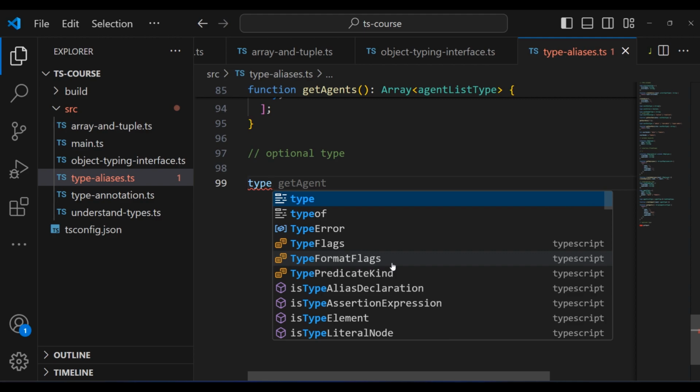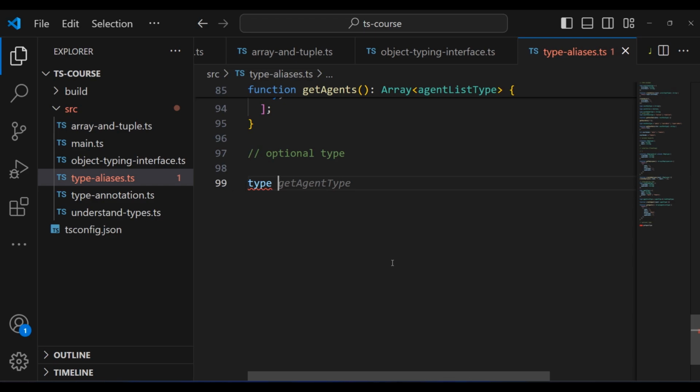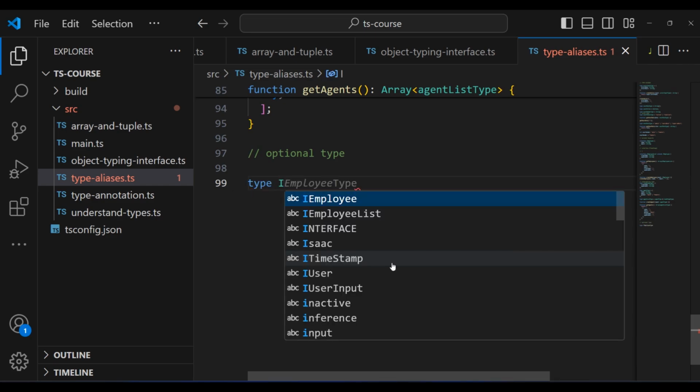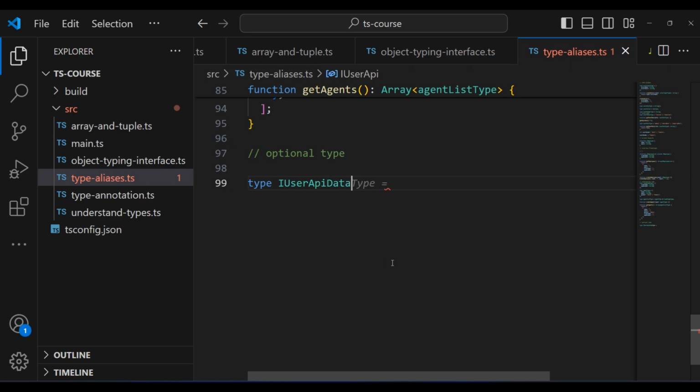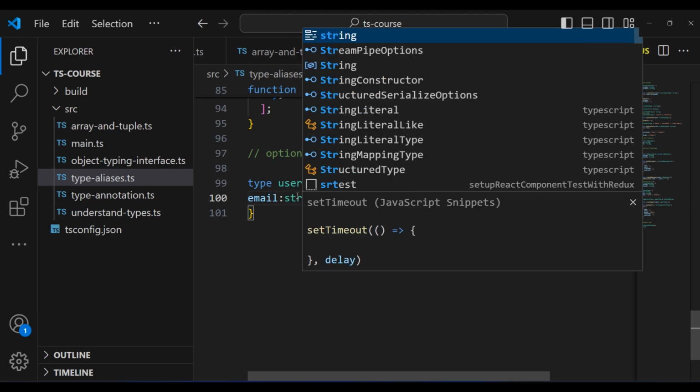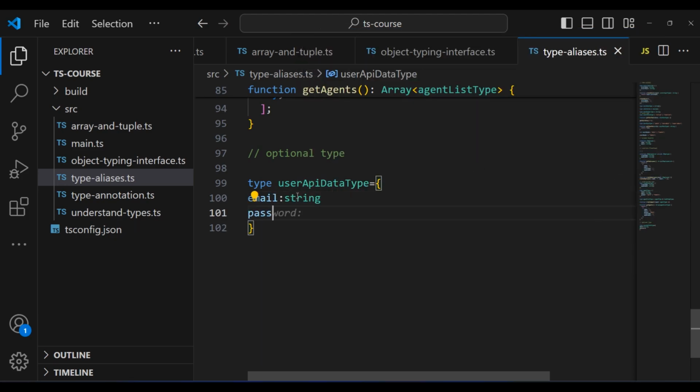Let's say the user API data, and then here the user it is going to be a type. Yes, I'm going to pass here user API data type, and then the user needs to provide the email, the password,